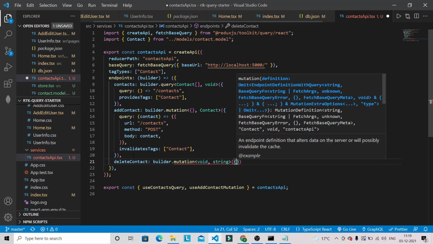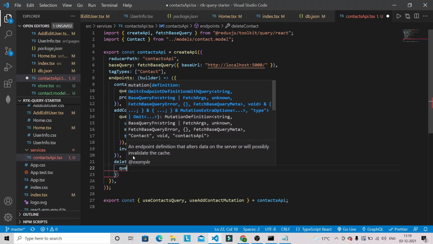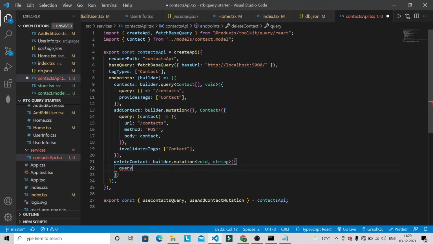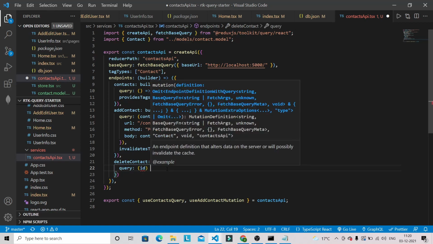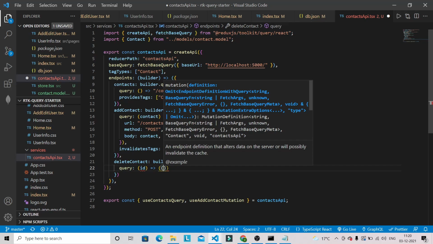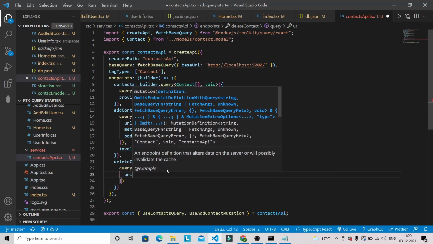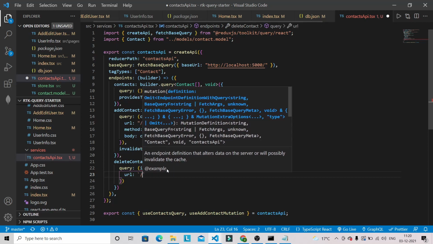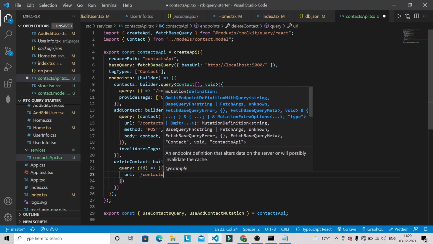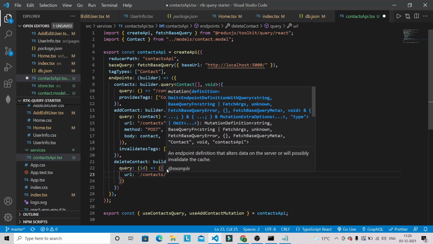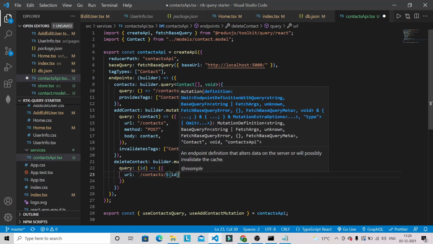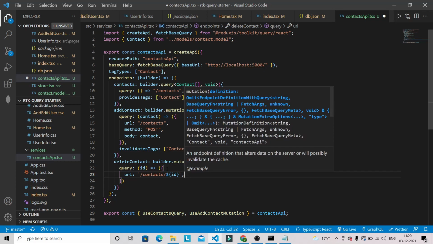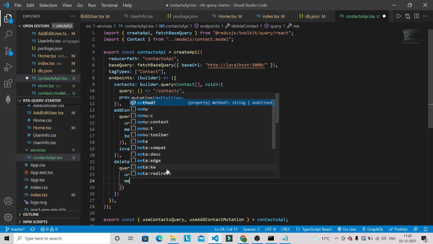After that we have a query. We are going to delete the contact based on the id, so we give the id like this in the arrow function, and after that we specify the url. We use backtick because we delete the contact based on the id, and the method we specify is DELETE.